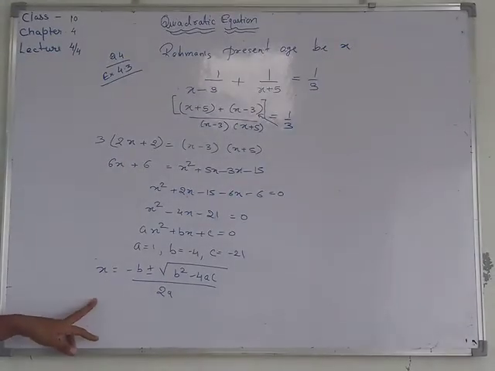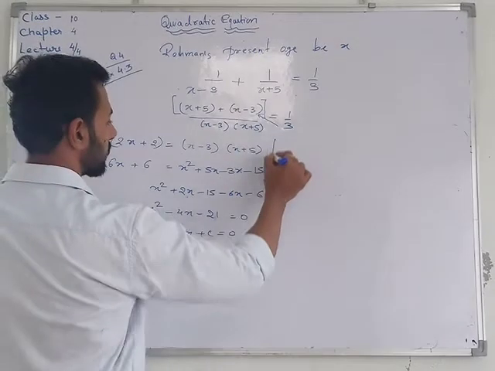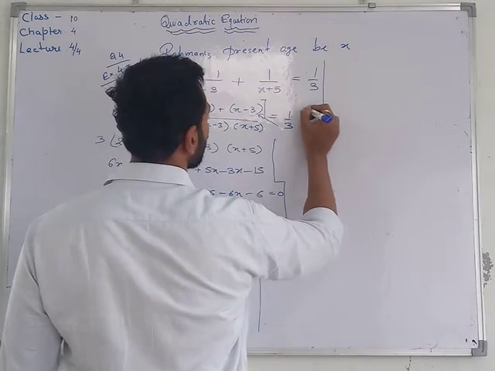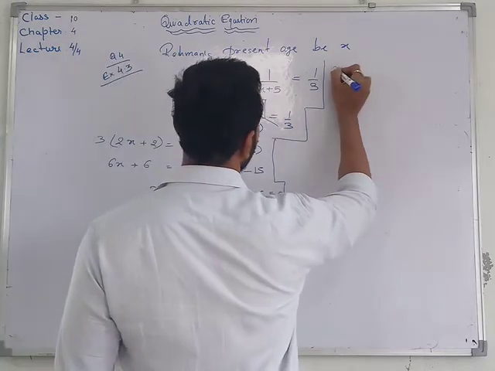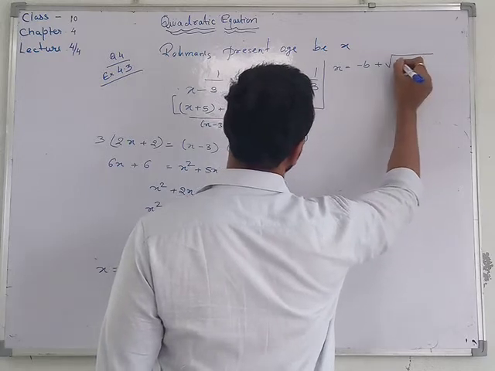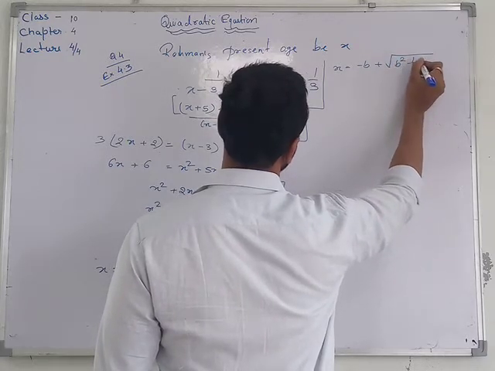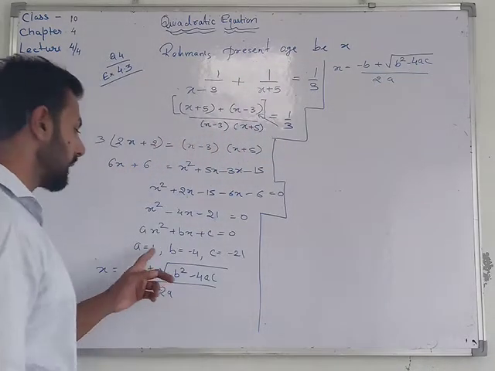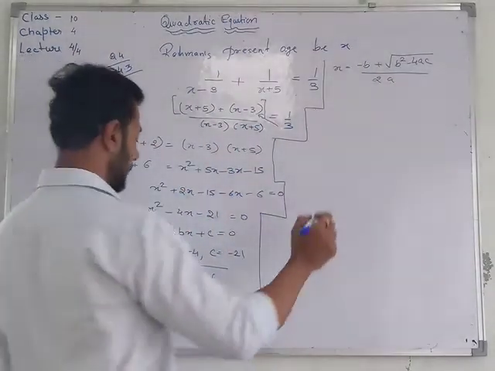First solving for the positive side. x is equal to minus b plus under root of b square minus 4ac upon twice of a. Substituting these values in that, we will be getting